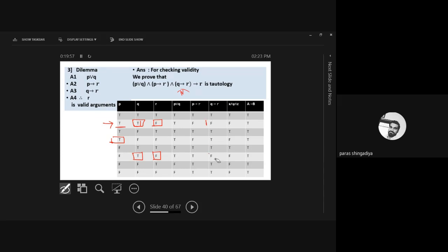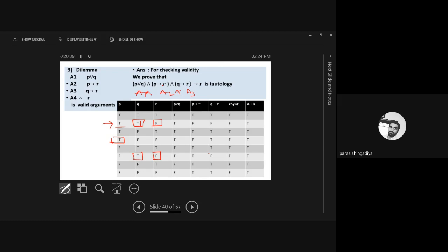This three columns are required. And now in the next column, we need the answer of A1 and A2 and A3. We have three columns, and we apply the AND operator between these three columns. You can solve it in two ways. You can compare A1 and A2 first, find the A1 and A2 answer, and then use this answer with A3 using the AND operator. That is one possibility. Otherwise, you can directly compare these three columns with the AND operator and find the final answer.